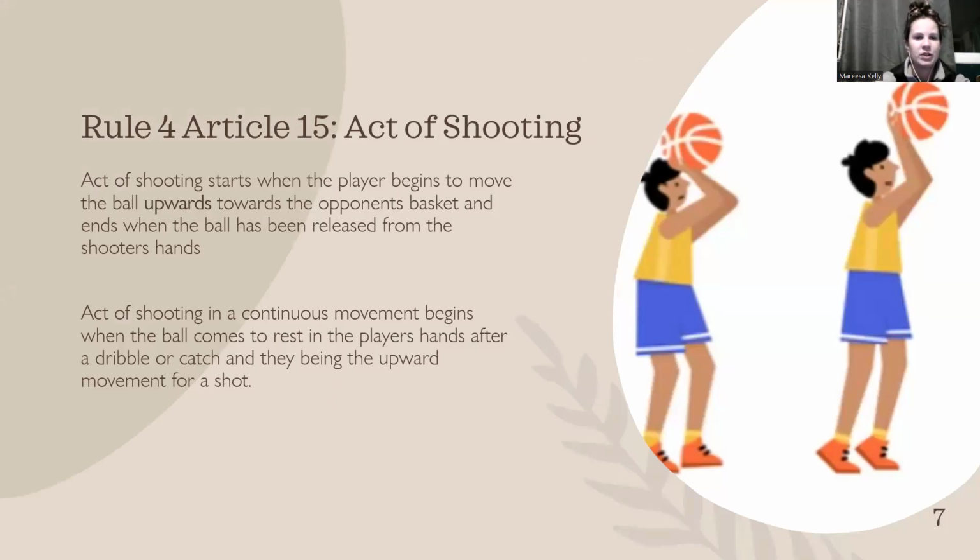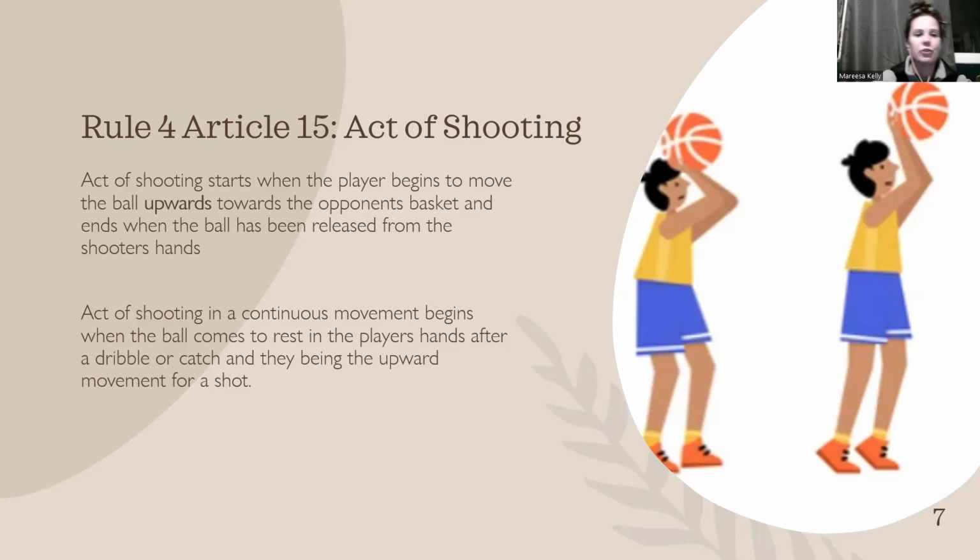Active shooting starts when the player begins to move in the upward motion towards the opponent's basket and the ball has been released, and ends when the ball has been released from the shooter's hand. So as you move up, that's the active shooting. Once it's released, active shooting is now completed. Ideally, the shooter has returned to the floor